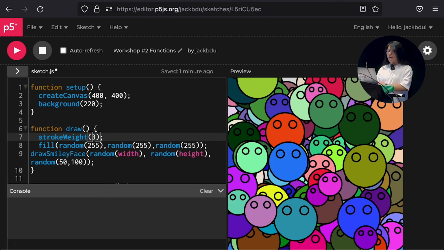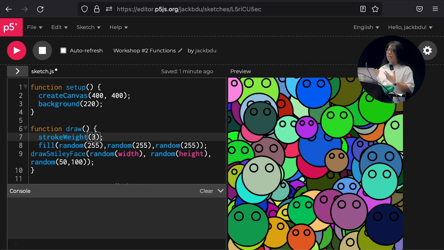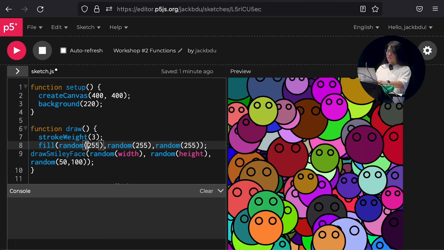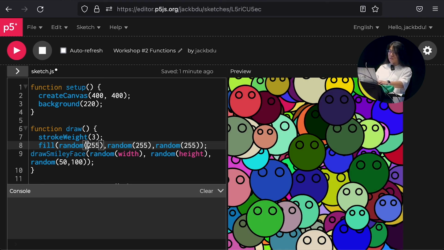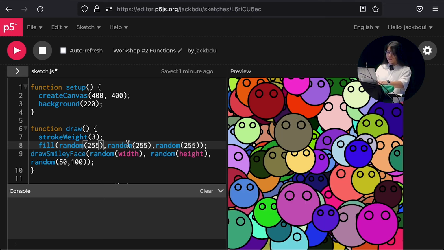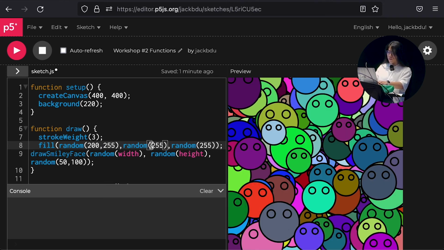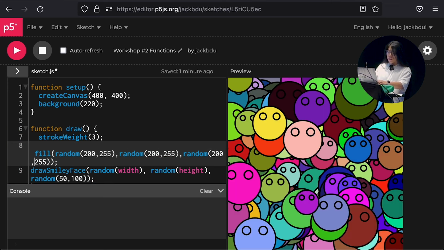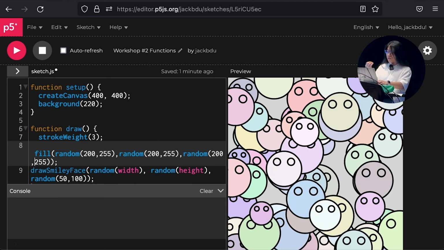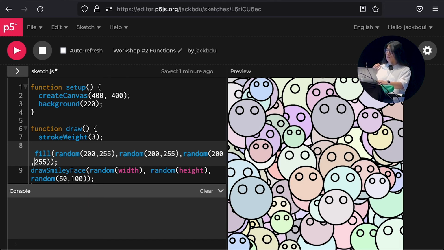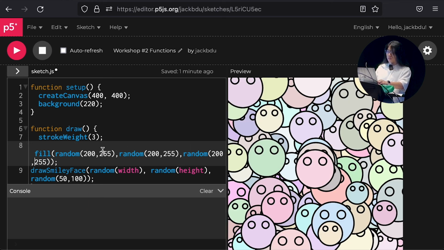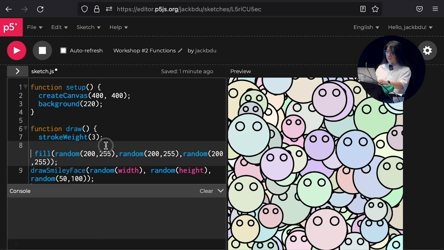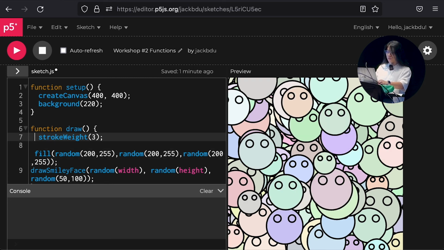Okay, and for instance, if you want to have only lighter colors, what you can do is, because the lower the number, the darker it will be, you can provide a lower limit. So maybe 200, 255, 200, 255. So the lowest value is going to be 200. So now it's just very light colors. Okay? The same thing if you want to go with dark color. Okay? And also, as a sort of a bonus,